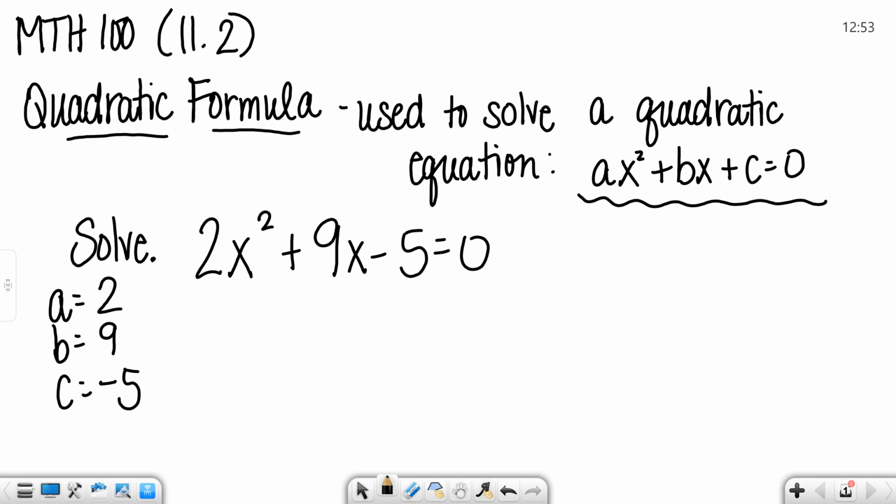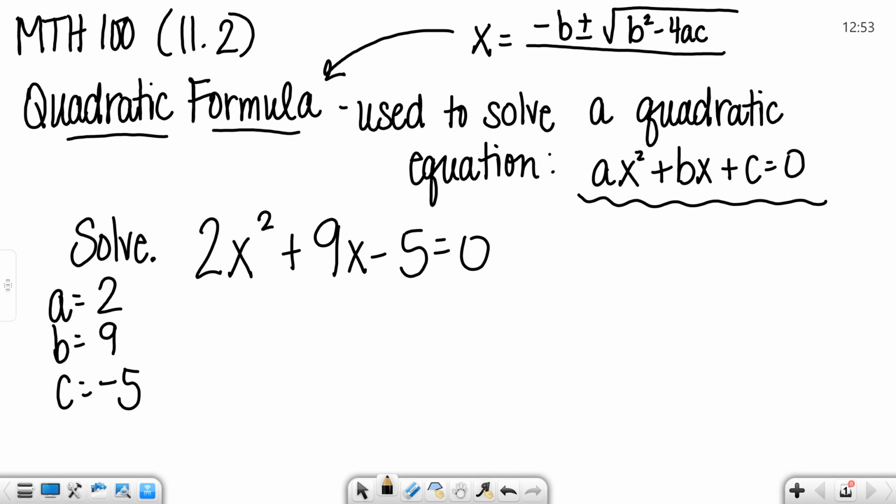And so the quadratic formula actually is a formula to help us find x. It is -b plus or minus the square root of b squared minus 4ac, and then all of this divided by 2a. So that is actually our quadratic formula. It helps us find the value of x. So in this equation that I have, 2x squared plus 9x minus 5 equals 0, this is why I need to identify a, b, and c,